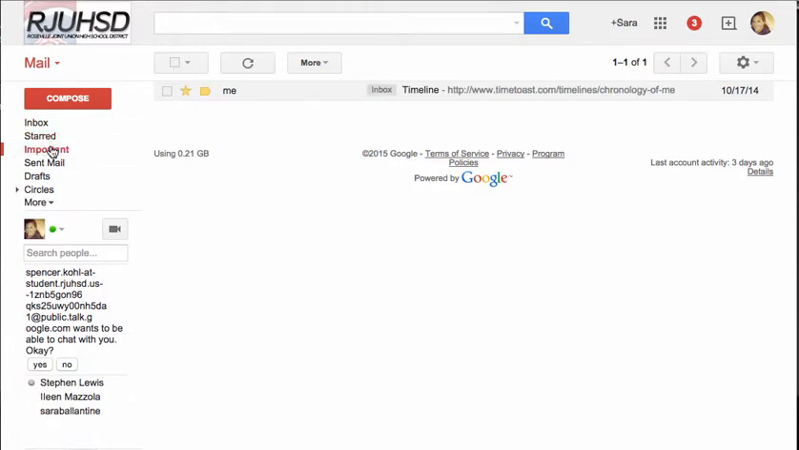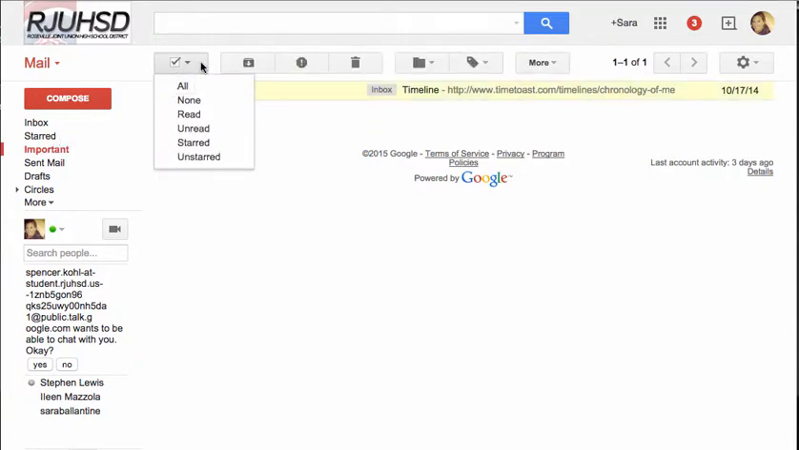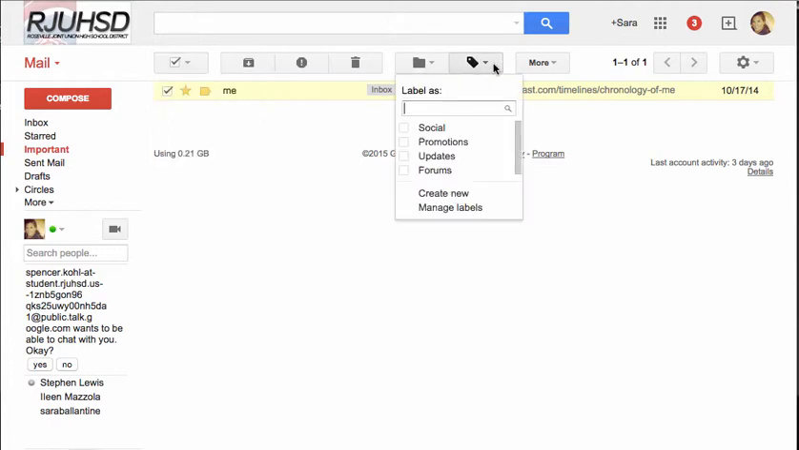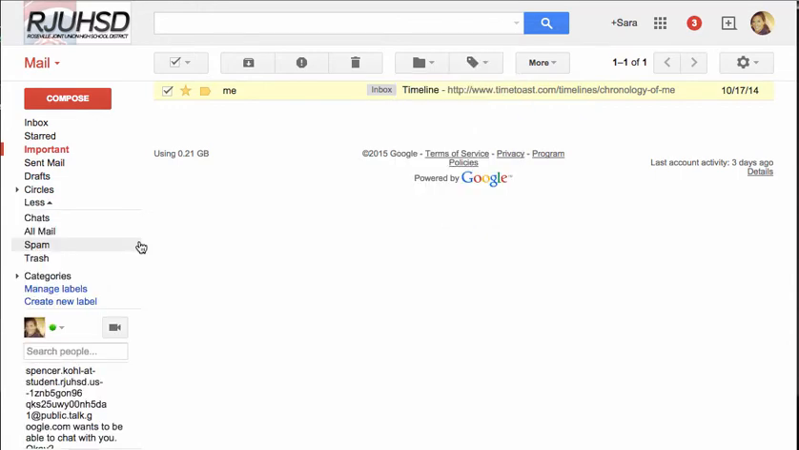Important, you can also tag it, so you can click this and this will give you various options to show the message as being read, as starred. You can move it to a certain folder to save it. Maybe it has important information that you need to hang on to. You can flag it. So maybe this is just social, and there you